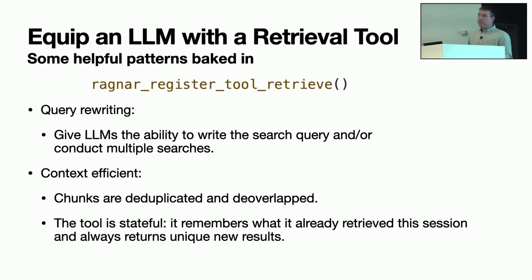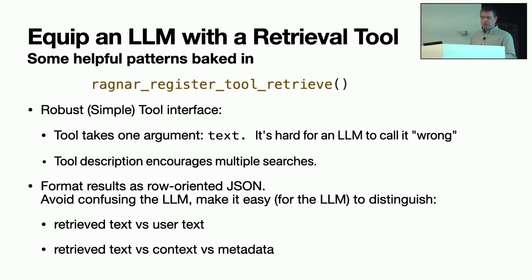It tries to be context efficient, so it remembers what it already returned in this conversation and avoids returning the same result again. It deduplicates and de-overlaps the retrieved excerpts. It also presents a very simple interface to the LLM, so it's hard for the LLM to call it wrong or make mistakes, which is something that you can see if a tool has a lot of arguments. And it formats the results very thoughtfully to avoid confusing the LLM between what is text and what is user content and what is metadata,